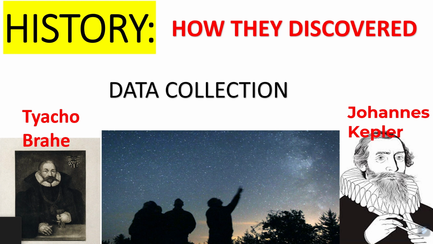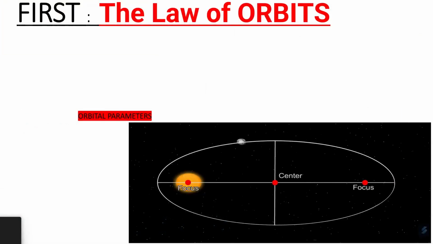Kepler's laws of planetary motion, also known as Kepler's laws, are a set of three laws that describe the motion of planets around the Sun. These laws were first described by the German mathematician and astronomer Johannes Kepler in the early 17th century. These laws were a major step forward in the field of astronomy and were used by Kepler to accurately predict the positions of planets in the solar system. They were later refined by Isaac Newton and are now considered a fundamental part of the study of celestial mechanics.